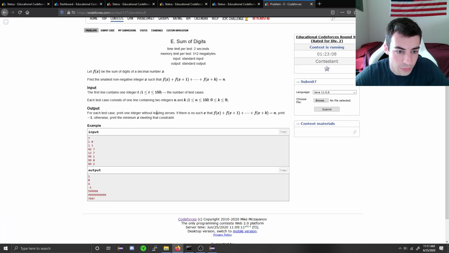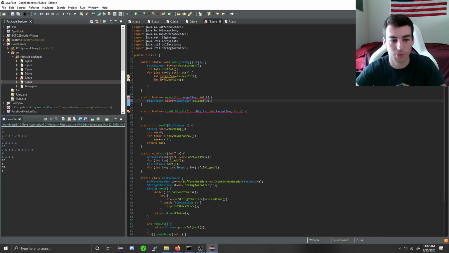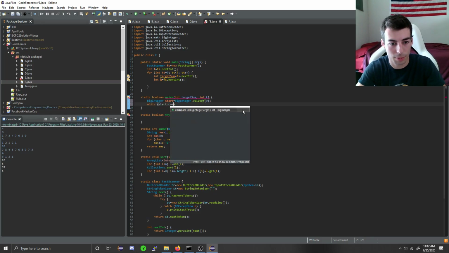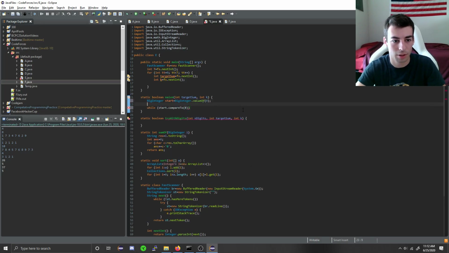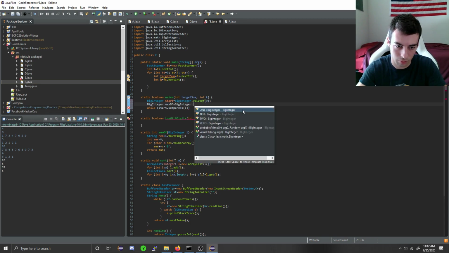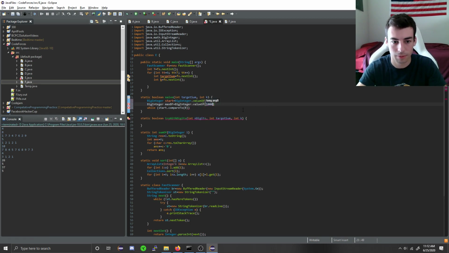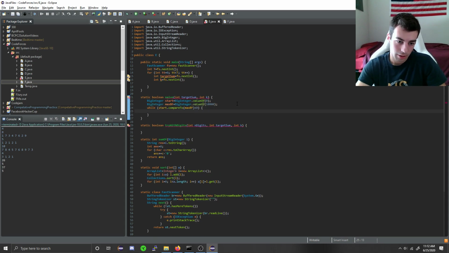Can we start with 0? Or can x be negative? Oh, not negative integer x. Okay, so 0. So while start dot compareTo, should be fine, 10 to the 4th, max BF is less than 0. Then